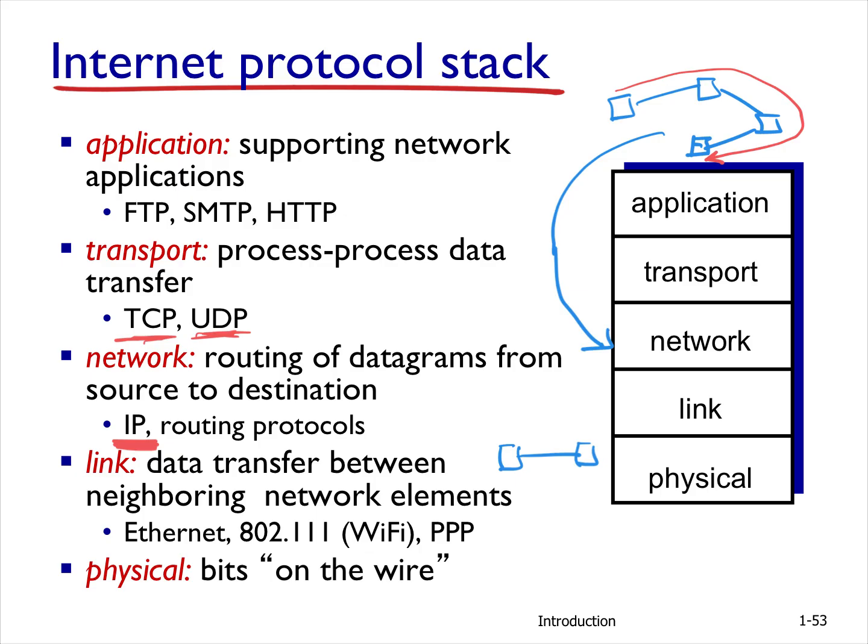And also, there are two generally known protocols for the transport layer that belong to the internet. One of them is UDP, the other one is TCP. TCP is the more famous one, but both are used equally. UDP is a more simplified version of TCP. What is the difference between them? TCP has a control mechanism that allows you to slow down the sources, tell them don't send information quickly,